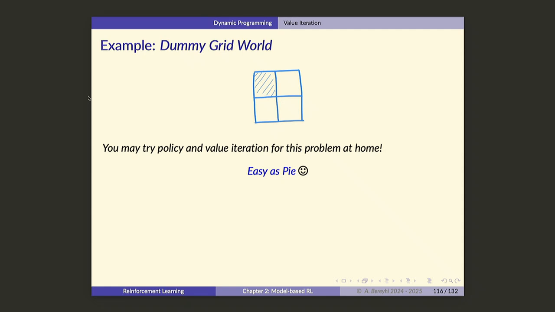So just set the optimal value for your terminal state to be 0. Anything else for the others is OK. And then if you keep on iterating, just one iteration, you're going to converge to the optimal value function, right? And out of that, you can easily compute the optimal policy. OK, now